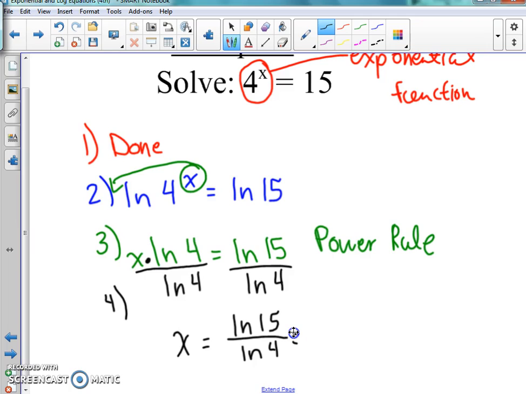So we're going to do, again, alpha y equals, and get the fraction bar. Alpha y equals, we do natural log 15, close the parenthesis, and then natural log 4 on the bottom of that fraction. So natural log 15 on top, natural log 4 on the bottom. And it should close off the parenthesis on both the 15 and the 4. And then we hit enter. You should get about